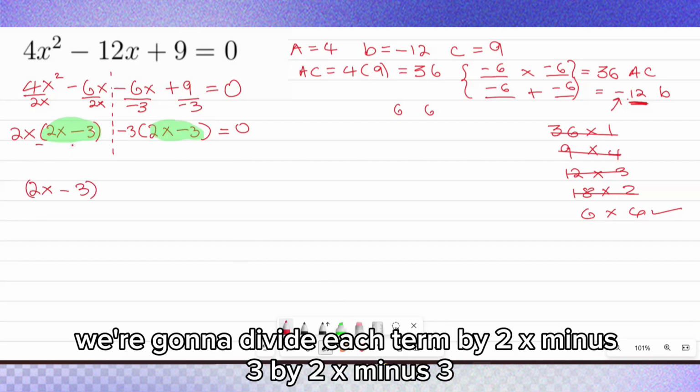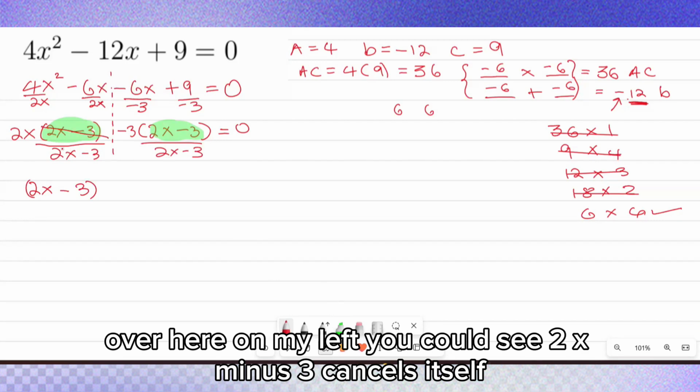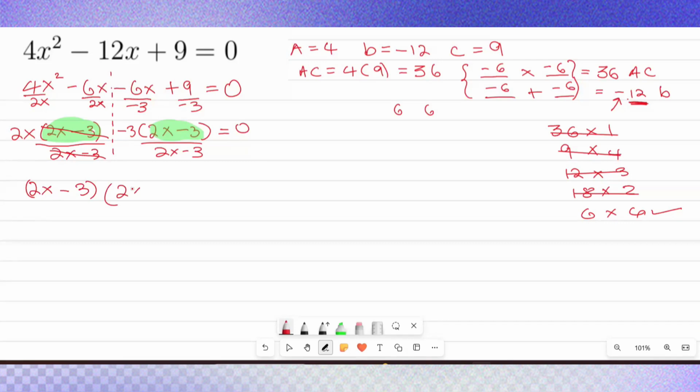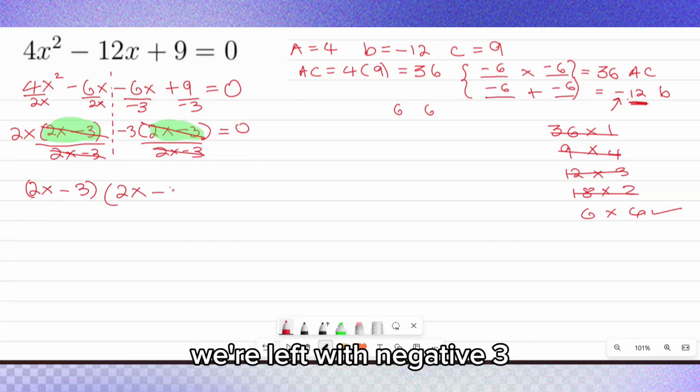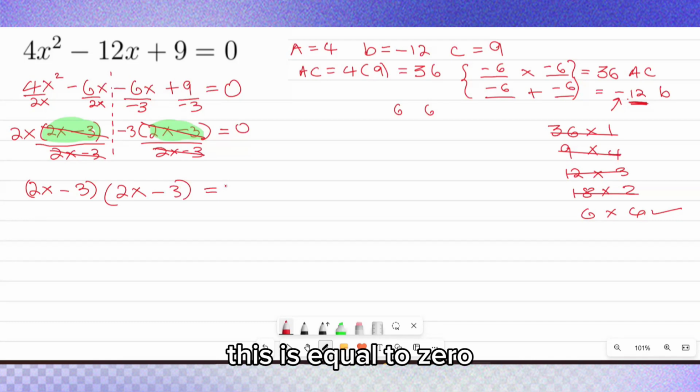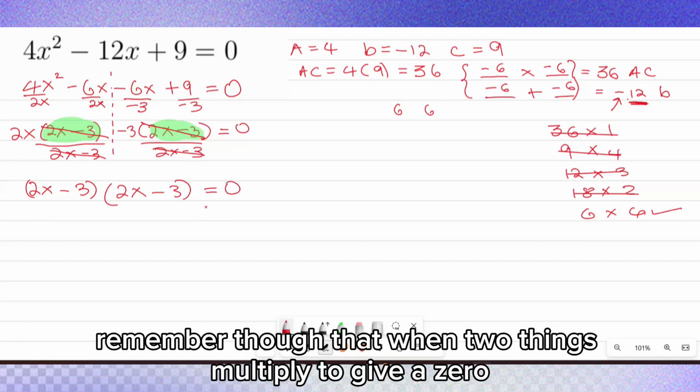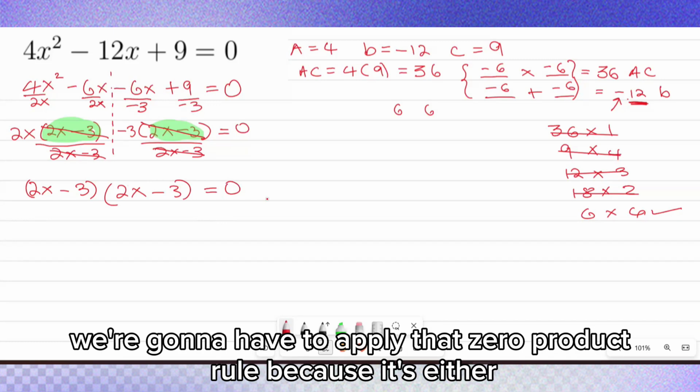We're going to divide each term by 2x minus 3. Over here on my left, you could see 2x minus 3 cancels itself, and we're going to be left with 2x. And when it cancels itself here, we're left with negative 3. This is equal to 0. Remember, though, that when two things multiply to give a 0, we're going to have to apply that zero product rule because it's either